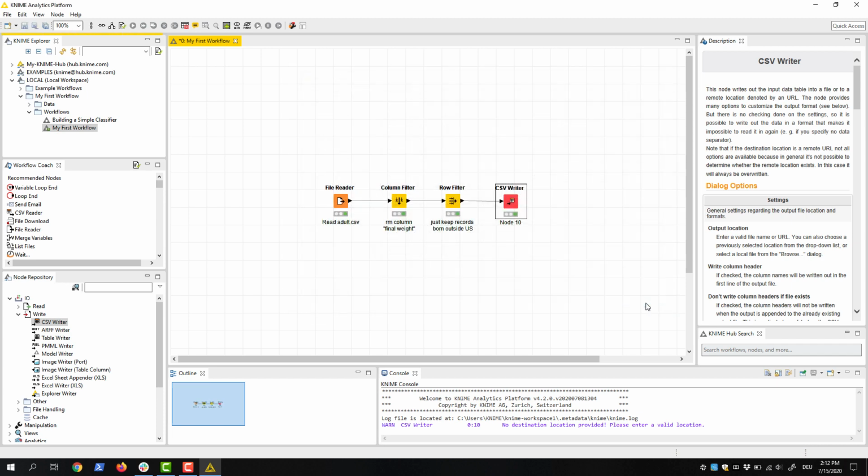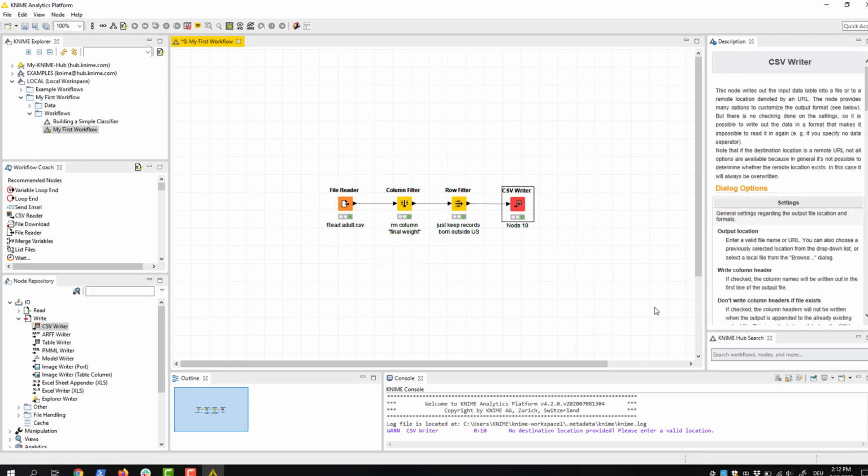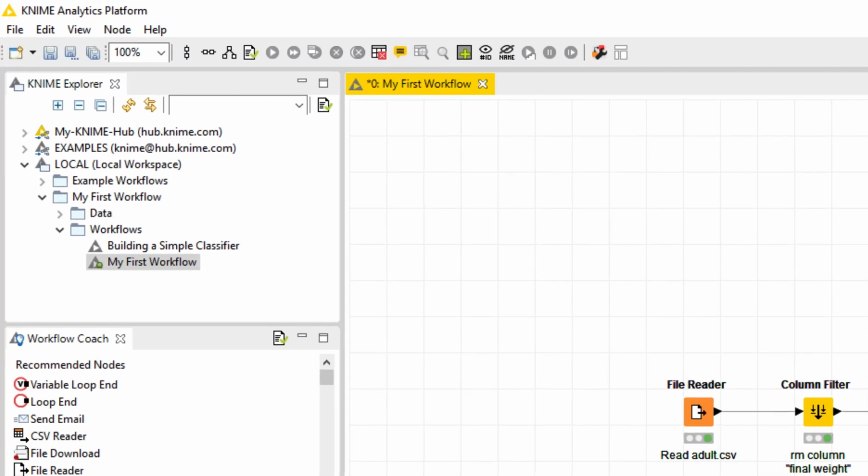The KNIME Explorer is what you use to manage your workflows, workflow groups, and server connections. Let's have a look at the different things you can see and do in the KNIME Explorer. Mount points are workflow repositories you can access. The ones you can see here are the uppermost repositories located either on your local machine, i.e. your KNIME workspace, on the KNIME Hub, or on the KNIME server. They are displayed as root directories here in the Explorer.